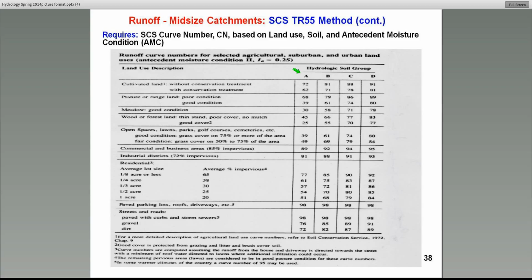A is a very sandy soil. They drain well. And B is kind of in between silt and clay. Finally, D is a very impervious type of soil, like a clay, stiff clay soil. And you'll notice the runoff coefficient increases for a given particular land use as you go from hydrologic soil group